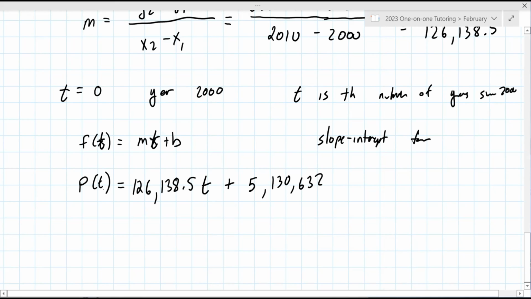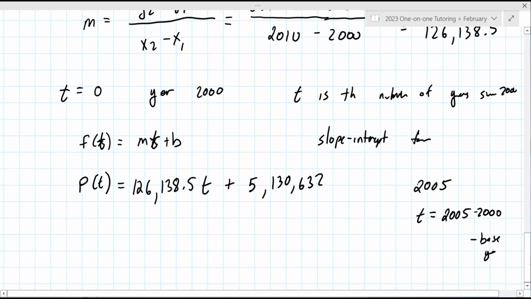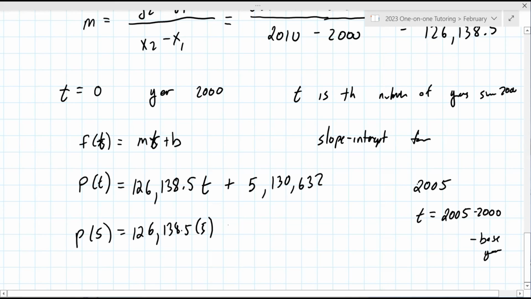Part B is what would this model indicate that the population of Arizona was in the year 2005? So you've got to figure out, well, what does that mean in terms of a t value? It is not 2005. It is 2005 minus 2000. You're always subtracting that base year. So you're finding P of 5. Oops, wrote that wrong. 126,138.5 times 5 plus the